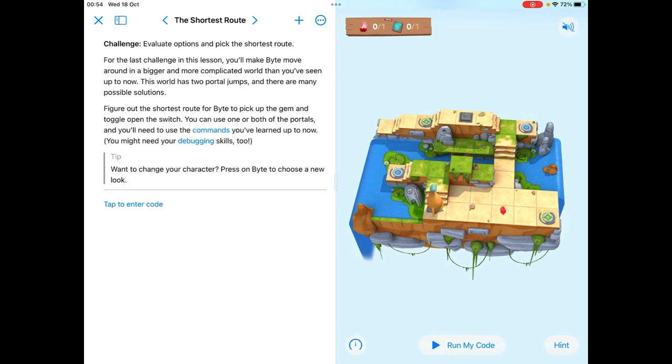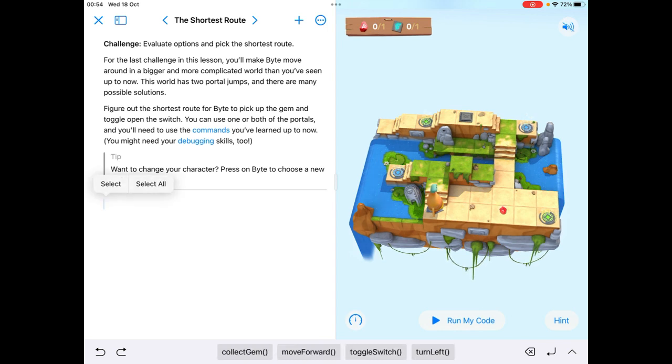So I'm going to go ahead here and start. So I'm going to choose the green portal for no apparent reason. I just believe that it could be the fastest way. However, I highly suggest experimenting with the blue one at least. And I'll even go through the blue one just at the end of this video to prove efficiency. So at the beginning, I'm just going to move forward 3 times, get myself on that gem,